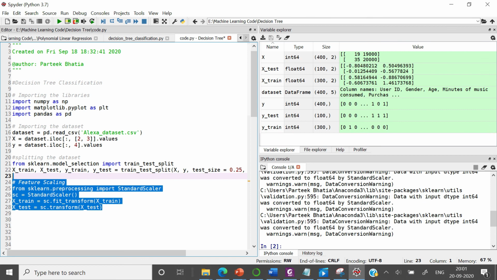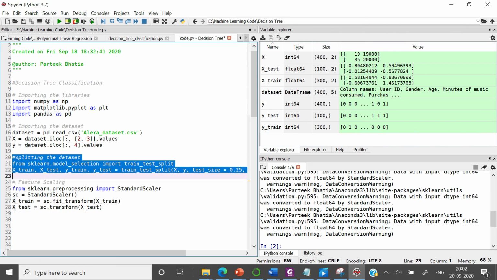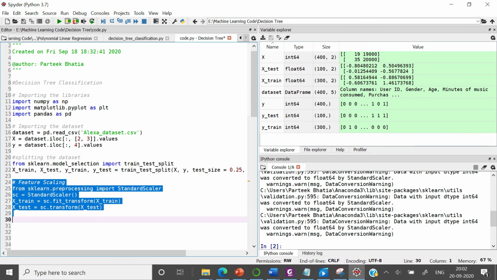It is important to note that there is need to apply only one type of feature scaling over the dataset. And in this case we are applying standardization. As normalization is very sensitive to outliers, we are not applying normalization over this dataset. In this case we are only applying standardization. So you can clearly see that after splitting the dataset we are applying feature scaling by importing the standard scaler class and we are performing standardization. We are not applying normalization in this case.